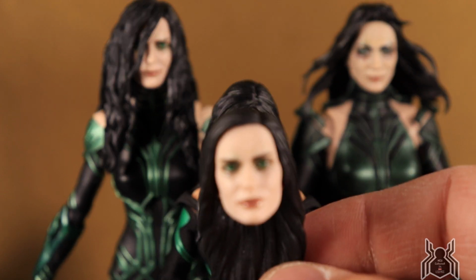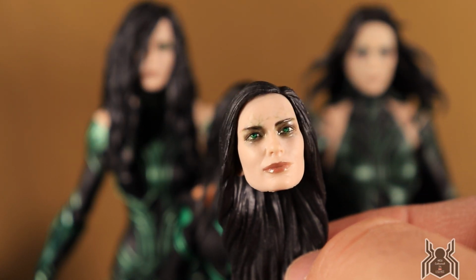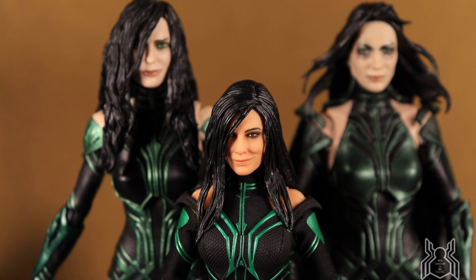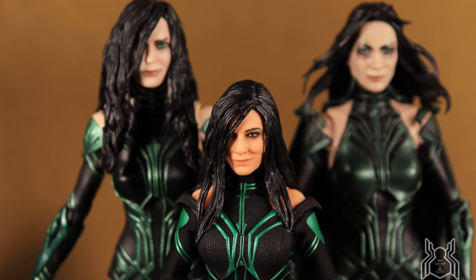Now this one goes for a very different look of Hela that's from later in the movie, whereas this one's kind of earlier in the movie. This one's just way off to begin with, but again, that was the first initial release based on concept art. They didn't have anything final, but funny enough, these two heads are basically going to